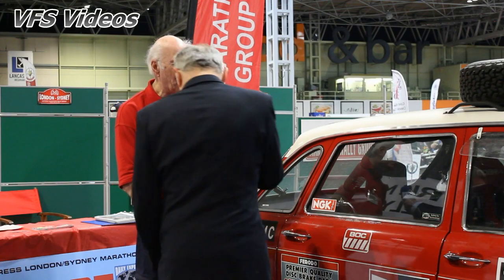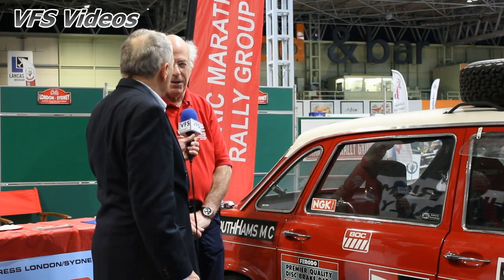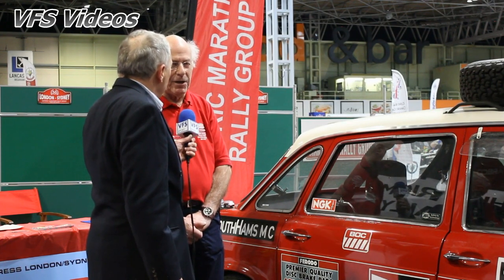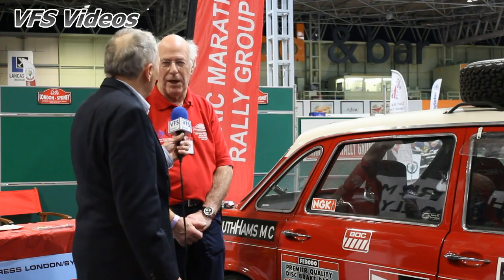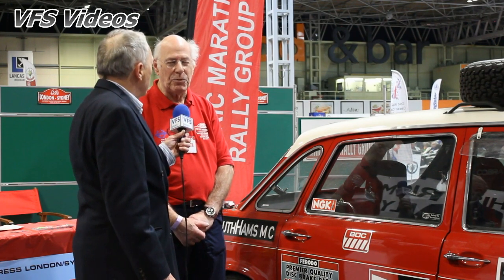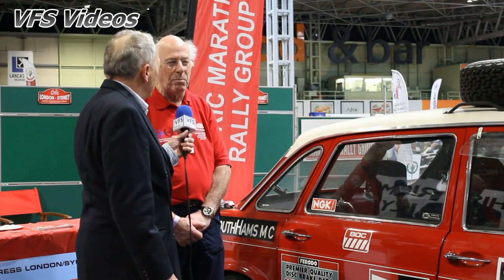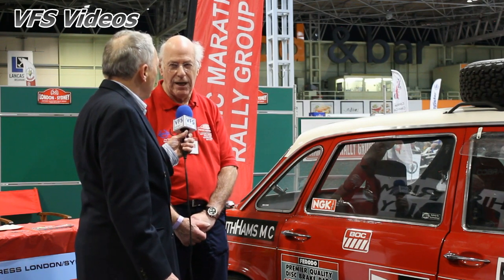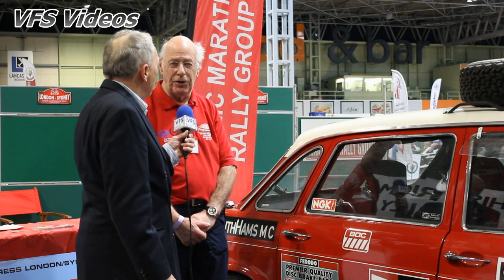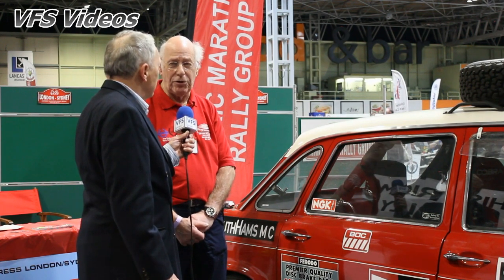The car is a tribute car built by Bob Eaves' son. His father was a well-known rally driver in the north of the country. He came from Blackpool and he was an experienced competitor. He gained backing to build a car that was an ex-BMC recce car to take part in the London to Sydney Marathon in 1968. He did it with a crew of 3,